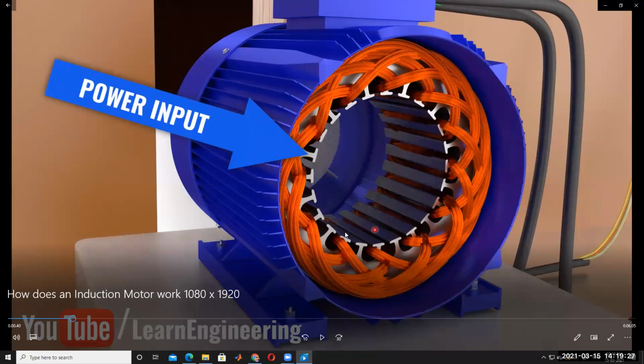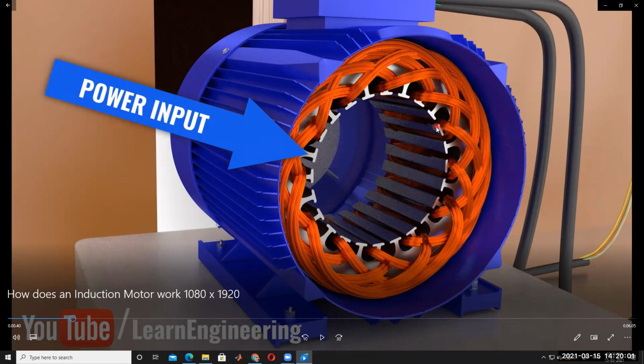This magnetic field is rotating in the stator. The speed of the rotating magnetic field is called synchronous speed. Try to understand: the speed of the rotating magnetic field of the stator is called synchronous speed. Understood? We are giving the power supply to the stator, and then the winding is excited. So we are giving a three-phase supply. We have to give a three-phase supply to the induction machine. This is called a three-phase induction machine. In a three-phase induction machine, the magnetic field is rotating.